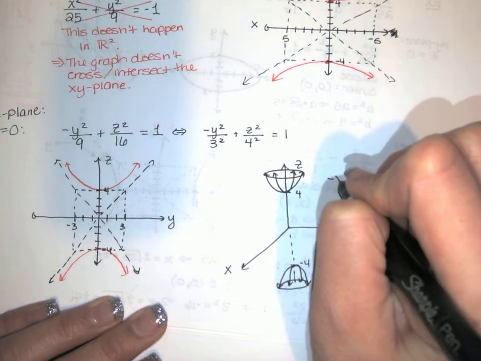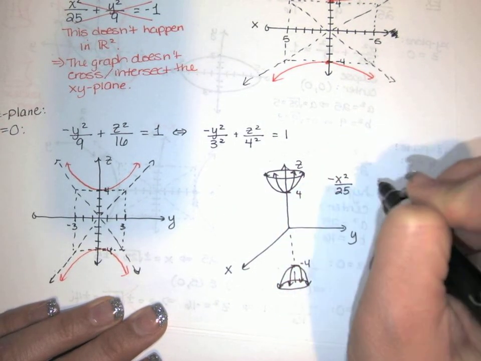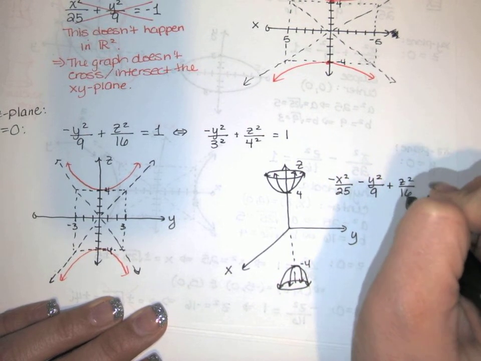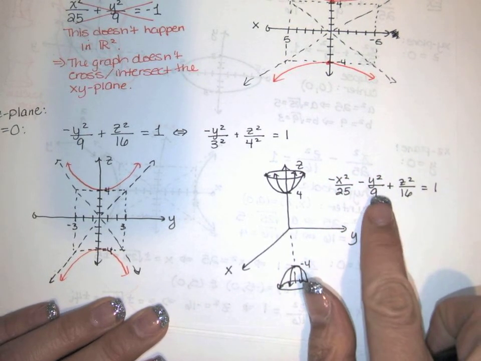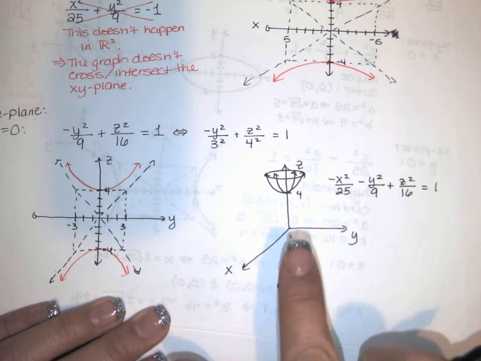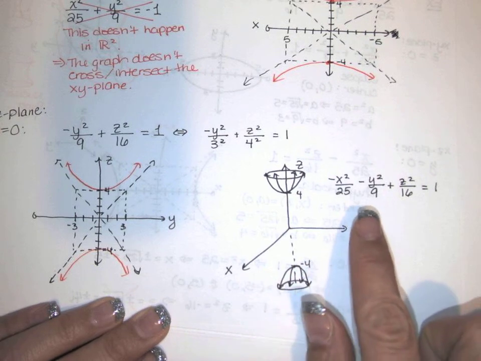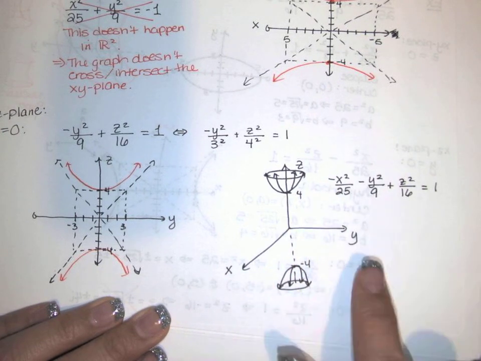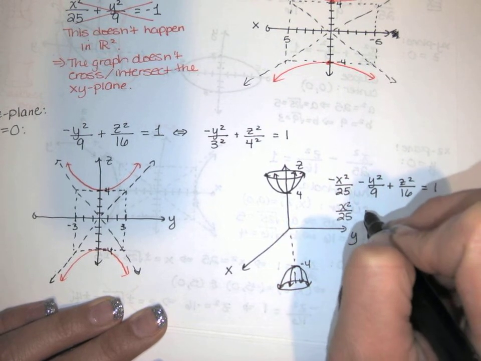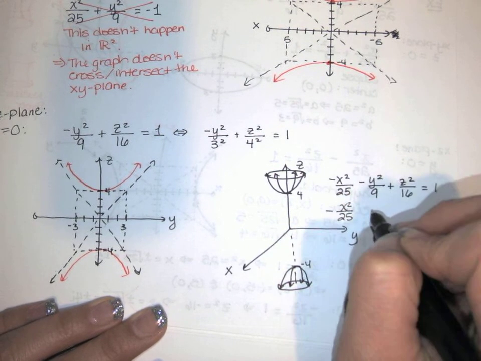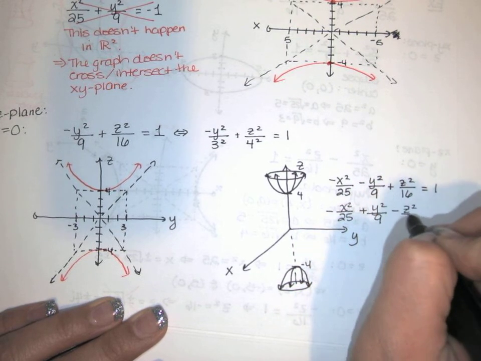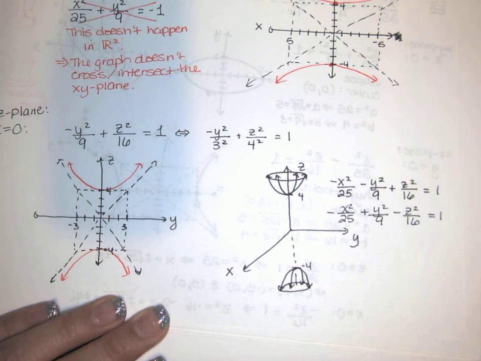Now notice what our equation looked like. We had negative x squared over 25 minus y squared over 9 plus z squared over 16 equals 1. Notice that the positive term was the z squared, and it opened on the z-axis. That's going to be true no matter which of these 3 terms is the positive one. So if I had negative x squared over 25 plus y squared over 9 minus z squared over 16 equals 1, this one,